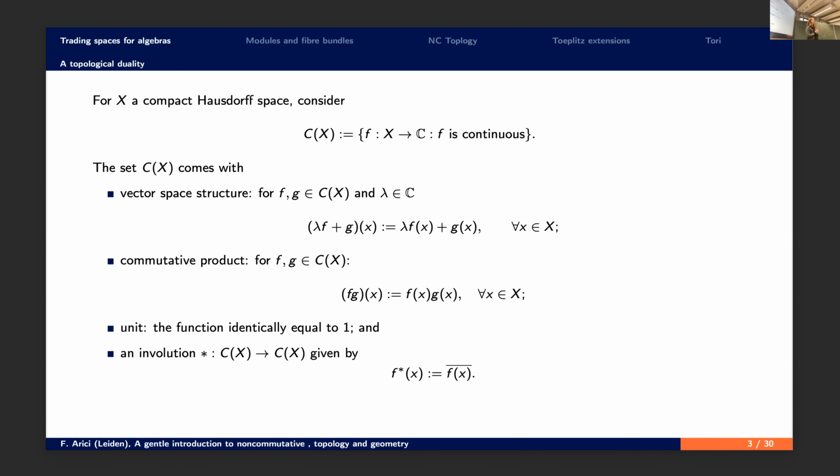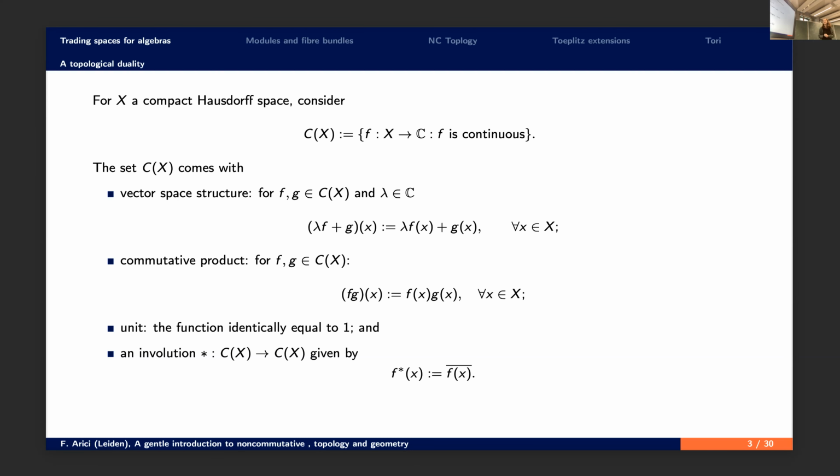This is, again, a pointwise product. This gives you a commutative product. So for every two functions that are continuous with complex values, you can define the product function fg to be the function that in the point X has the value f of X times g of X. If X is compact, then the function that is everywhere equal to 1 is a continuous function. And this will be the unit with respect to this commutative product